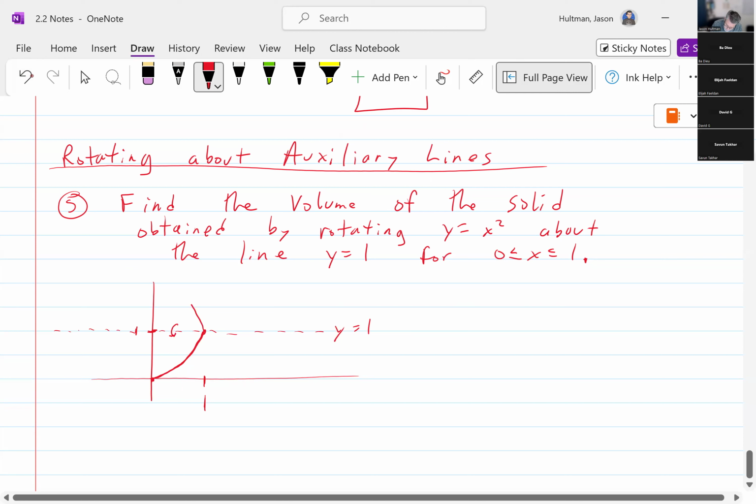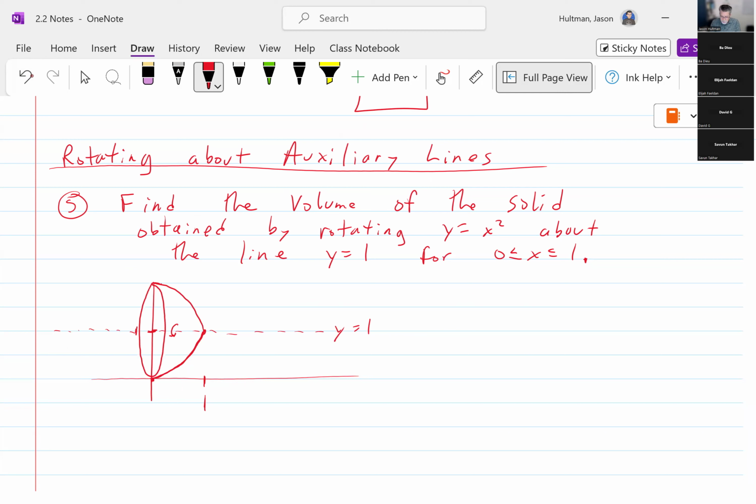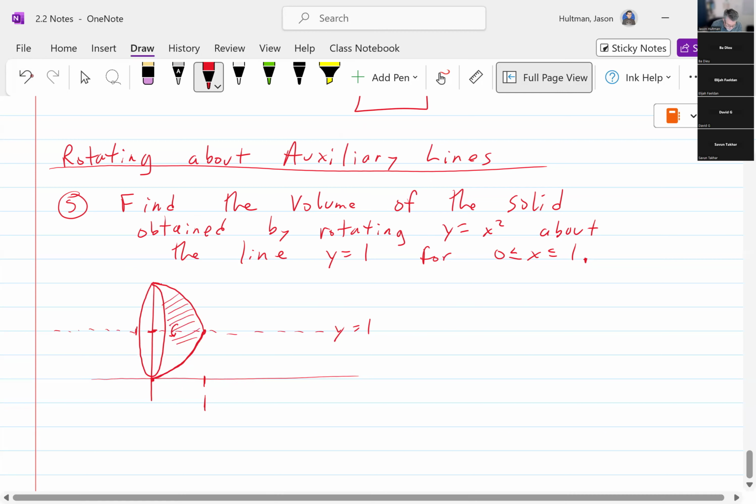So I'm gonna, so this becomes the ball that I'm looking at. Okay. I'm gonna get an inside slice. So